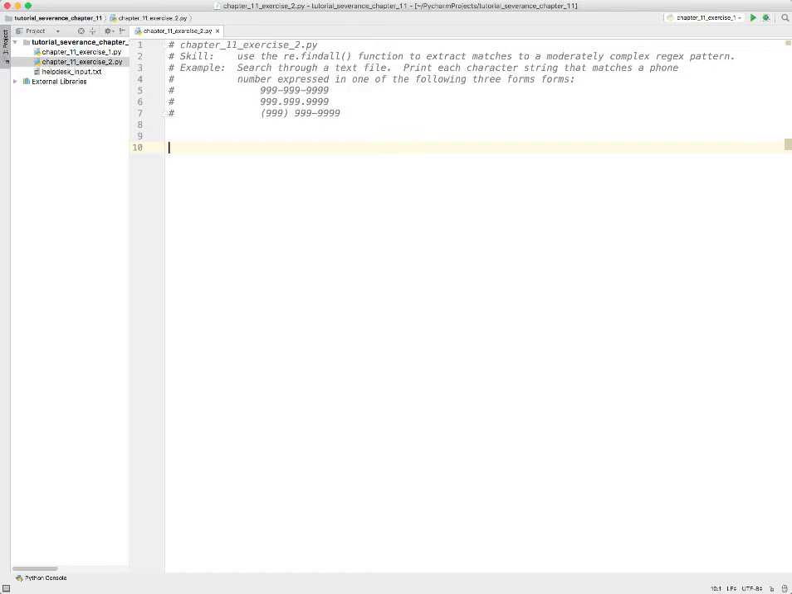I am here with my tutorial for exercise 2 associated with chapter 11 in the Severance Python book. This is an exercise 2 that I cooked up for my class. It's not one they're going to find in the book. At this point, we're moving on to a slightly more challenging regular expression